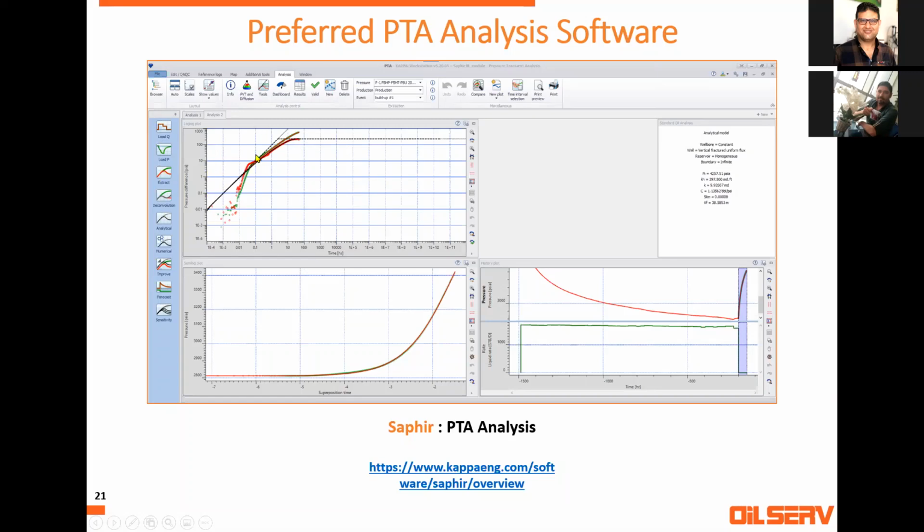Then the software makes the pressure derivative plots. This is the log-log plot, this is the semi-log plot, or what you call the Horner plot, and this is the original linear plot between pressure and test time, and flow rate and test time. And these are the results after you finish your interpretation.